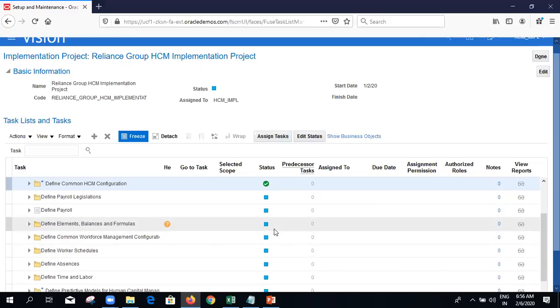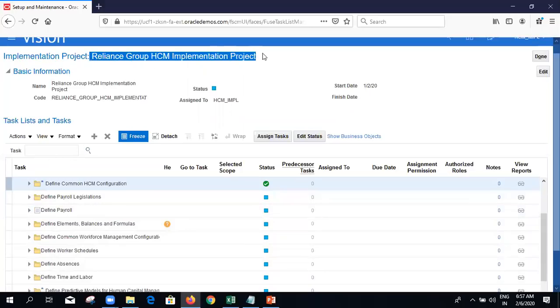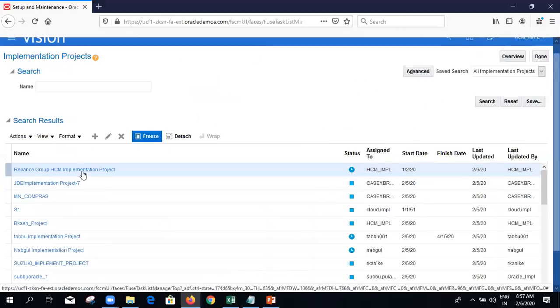He will have his own track of which consultant is working, what the project status is, everything he will maintain separately, right? So the functionality is given here, that's why I'm sharing with you. These are the offerings that we have to enable under our implementation project. And after creating the implementation project, we have to start our configurations.